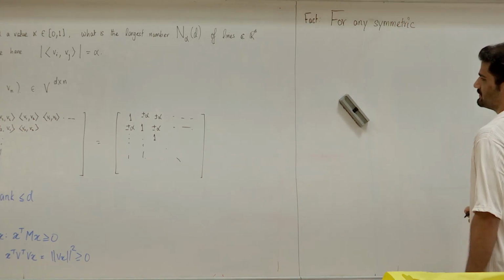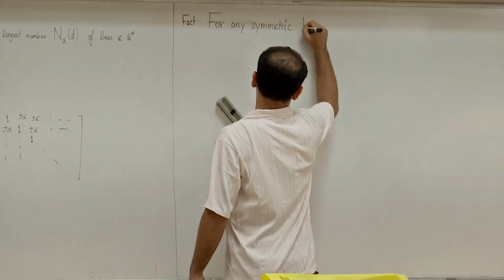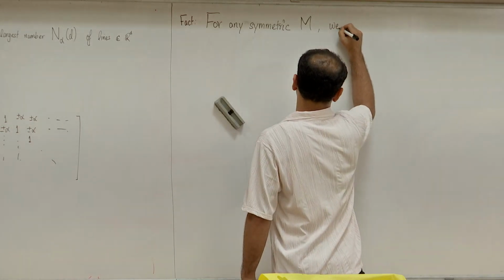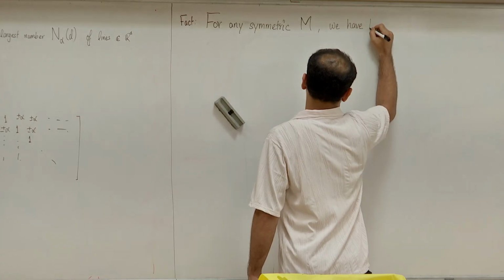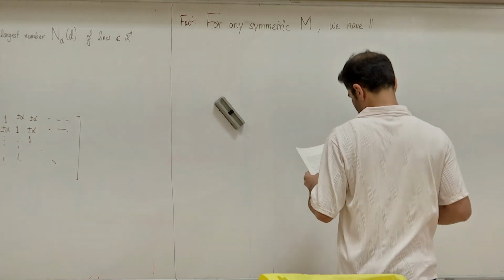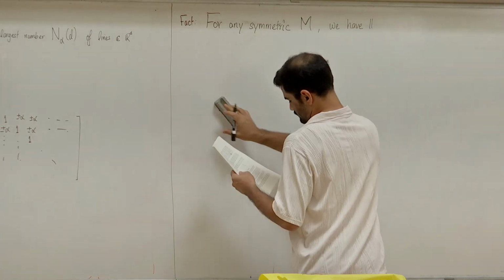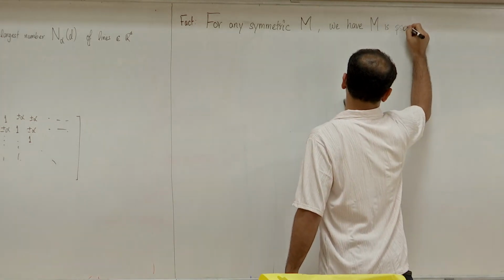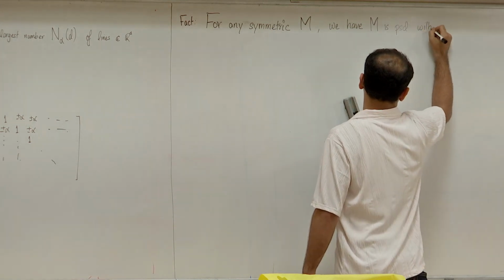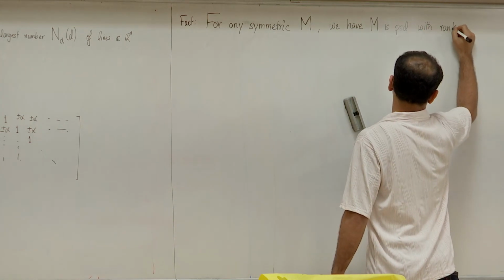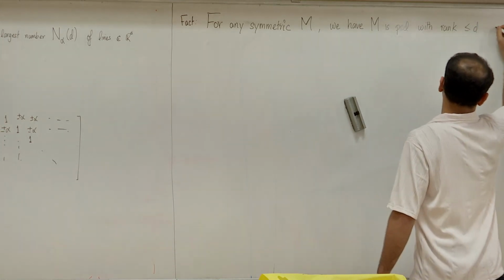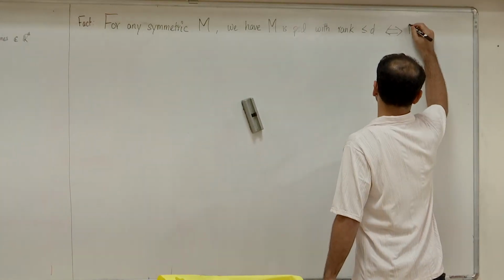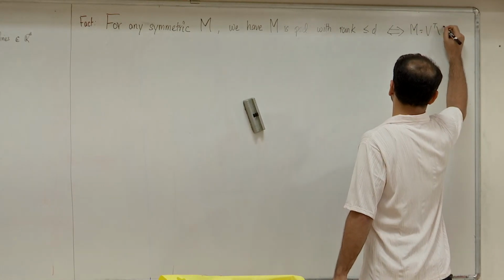For any symmetric matrix M, we have M is PSD with rank less than or equal to D if and only if we